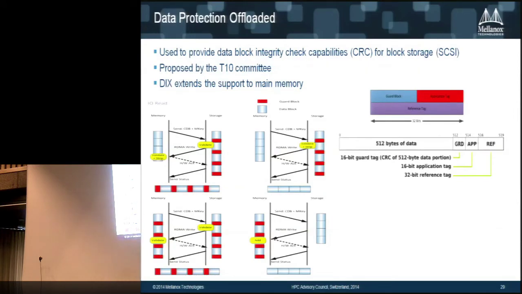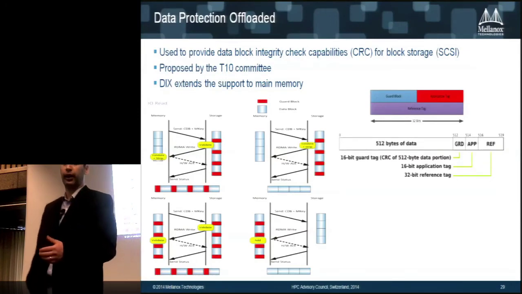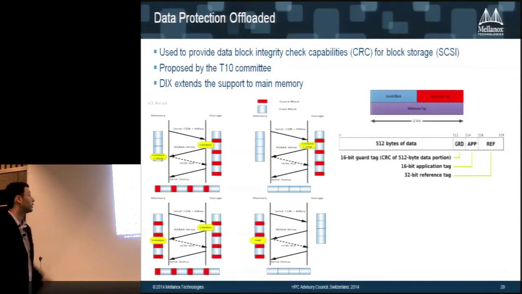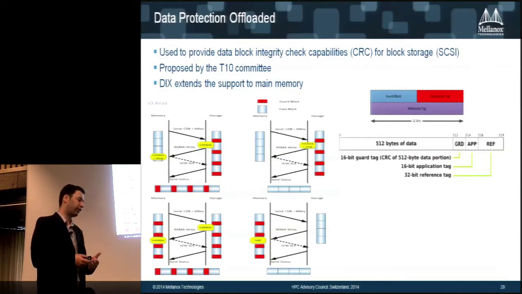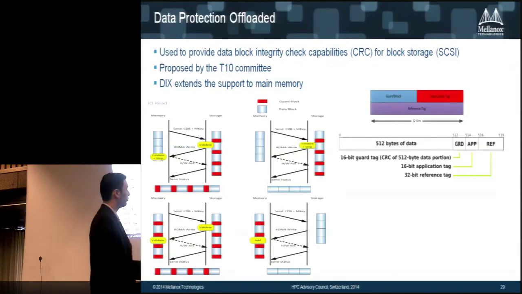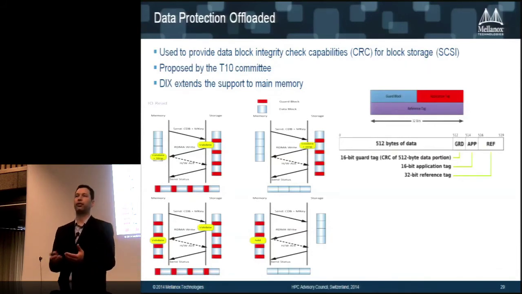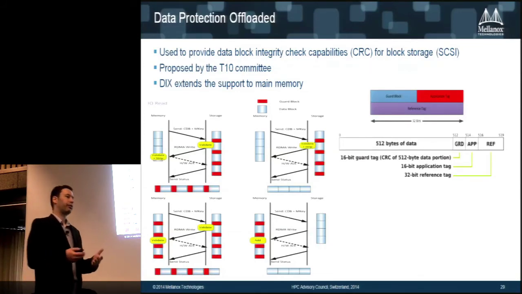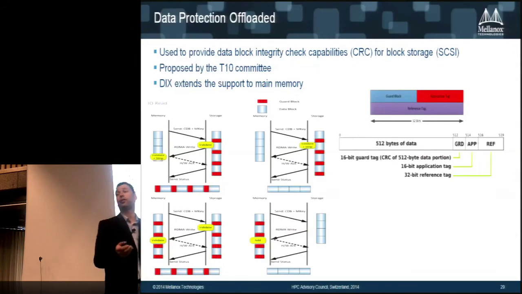I did want to mention something about data protection, because I mentioned all those failures that can happen, and one of the technologies that is used for data protection is called T10-DIF. Basically the idea is that over every single storage block you can calculate a CRC, and you can add a running number, which is called a reference tag, so that when you write the data and when you read the data, you can validate those things. You can validate that the CRC is okay, meaning nothing bad happened to the data. And when you read the ref tag, you can see that the logical block address is the same.